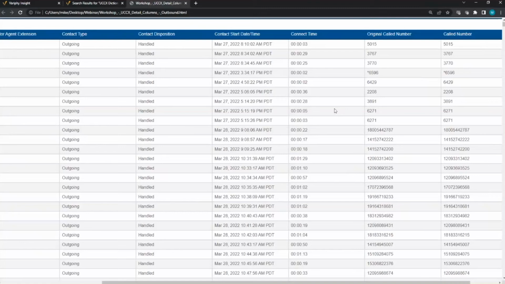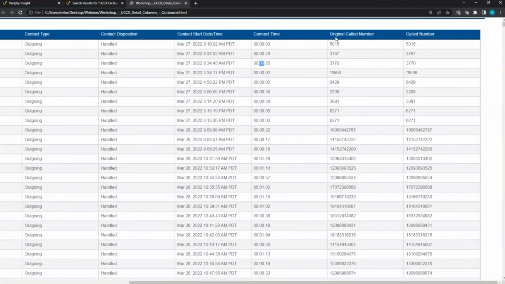So we do have a couple of columns in the summary stats like outbound abandoned talk time. Talk time is just connect time. So you could see duration on abandoned calls. And the same thing goes for the other report, original called numbers, where you can see who dialed and where they dialed. Original called number is, like I said, the original called party number. Called number is much like the final called party number. So you can see on outbound calls where the call went to.